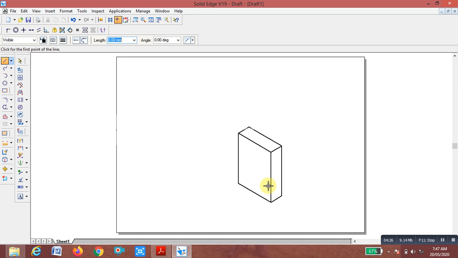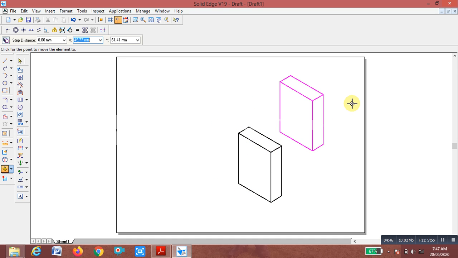I want to move this component aside in order to draw one more slab. Okay, I am moving it aside.